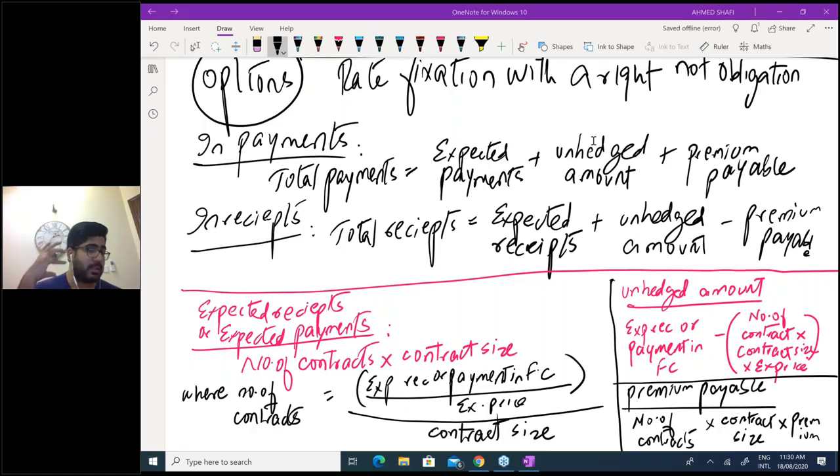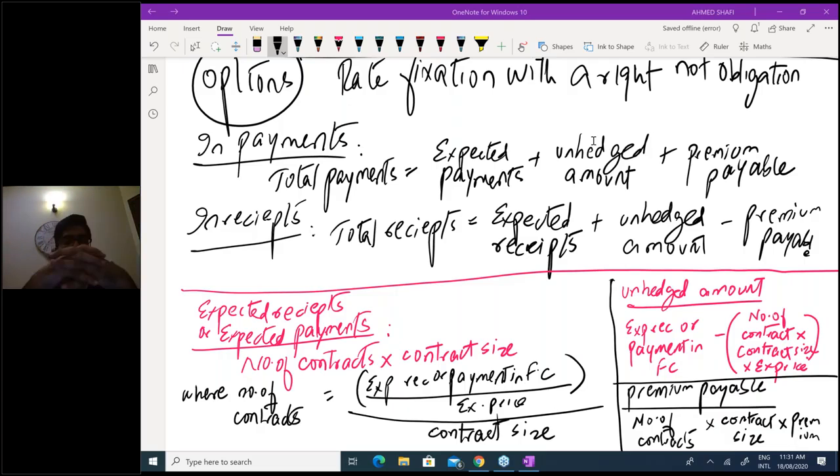There are many people who have done futures with the basis approach rather than this averaging approach. I just want to tell them that the averaging approach is easier. However, if you are still comfortable with the basis approach, you can do that. The answers will be the same in both cases. I'm going to prove that shortly.